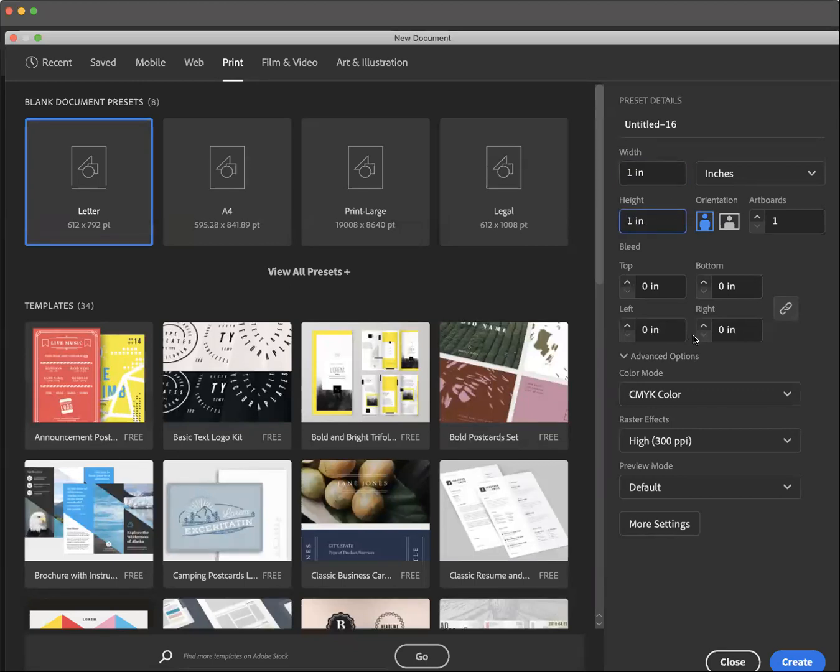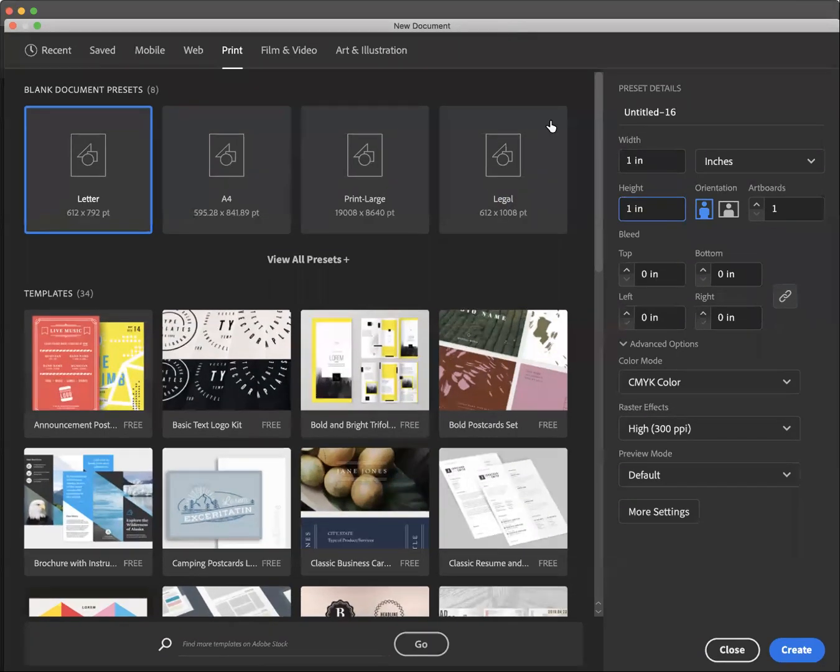Okay, bleed, we don't need bleed for this project. CMYK color and high res at 300 pixels per inch. And then also, if you want to go ahead and set up the total project, you can ask for 10 artboards, or if you're just going to do the first one, it's 1 artboard. Click create,